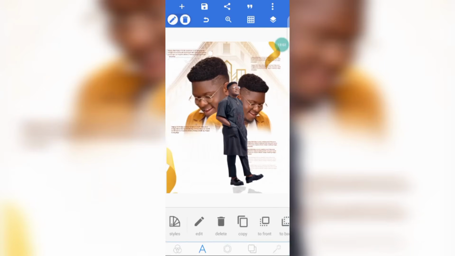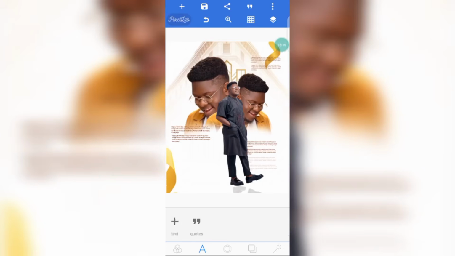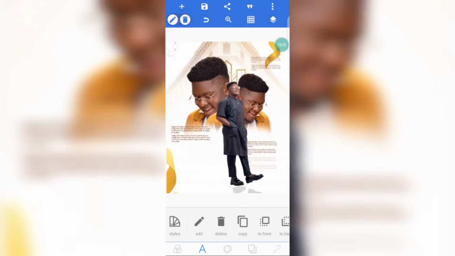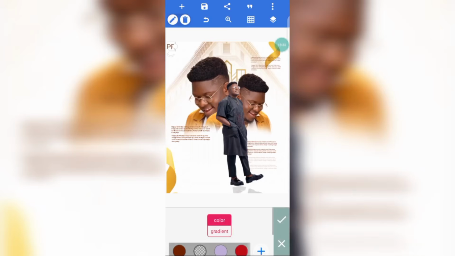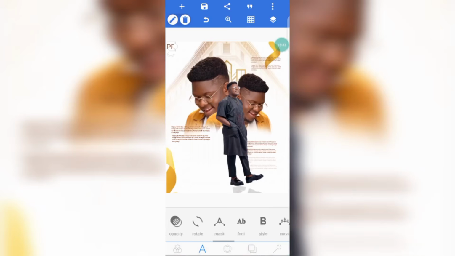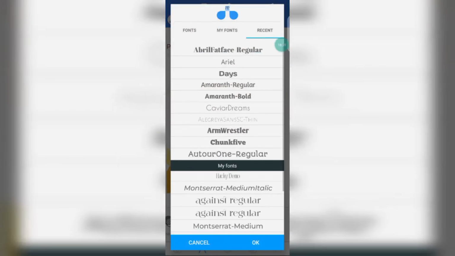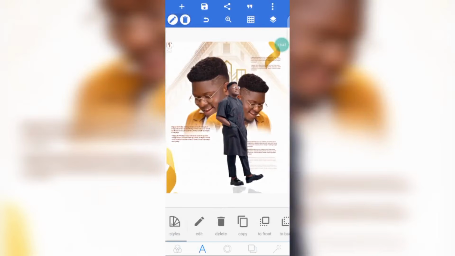Go ahead and copy it again. So place it here. Now we'll be writing his name, so go to text. His name is Praise Jude, so write Praise, click on OK. Don't worry, follow me. Go to color, give it this color. Now go to font. This is the font to be making use of, Hanky Demo. Yes, click on OK. Now go to size,